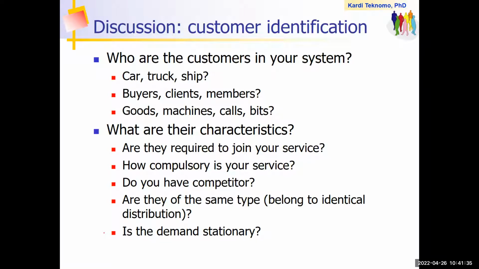Sometimes in the queuing system that you're dealing with, you don't know which one is the customer and which one is the server. So you need to check who the customers are in your system. Is it a car, maybe a truck, maybe a ship, maybe the buyer, the clients, the members? Or the goods itself, or maybe the machine, or the number of calls, or maybe the bits. So you need to identify who the customer is in your system, and what is the